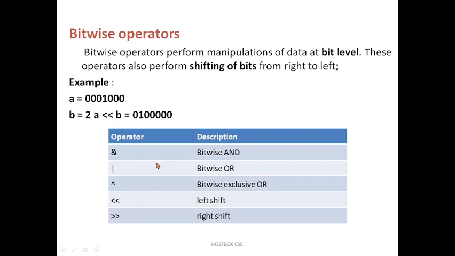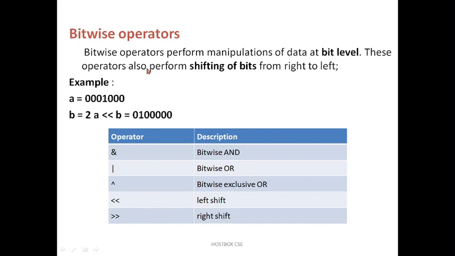Some of the bit operators are bitwise AND, bitwise OR, bitwise exclusive OR, left shift and right shift. You may use these operators in the upcoming sessions, because they are very important if you want to understand technical C and high level C programming. We need the support of left shift and right shift. Left shift means moving the bits to the left, one bit, two bits, and so on. Right shift is similar, for example A less than less than B, and A greater than greater than B, like that we can use. In the upcoming sessions we will see everything.